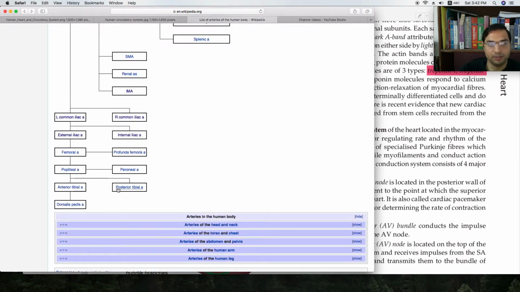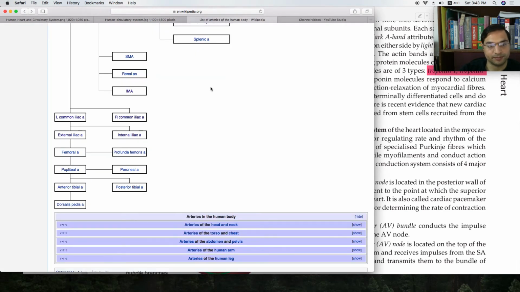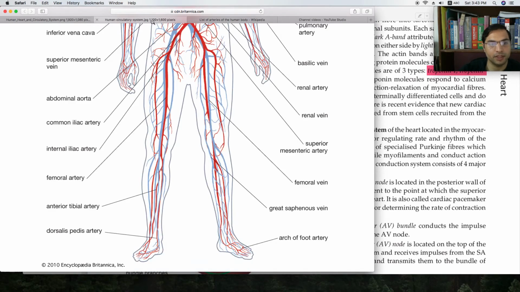Anterior tibial artery and posterior tibial artery. And this anterior tibial artery, at the anterior side of the foot, above the foot, becomes the dorsalis pedis artery. Right? So at the posterior side is the posterior tibial artery, and at the anterior side,